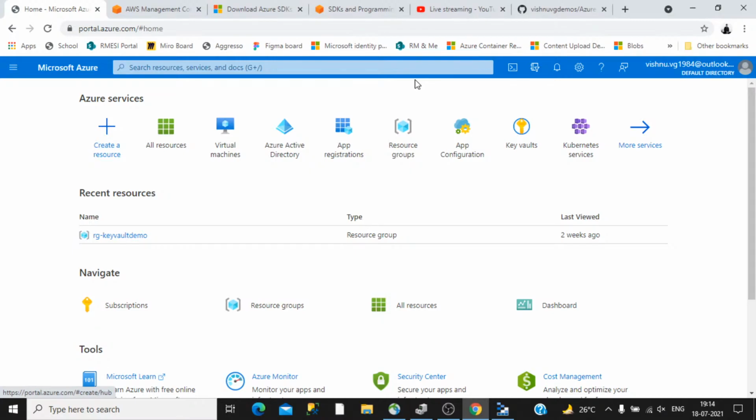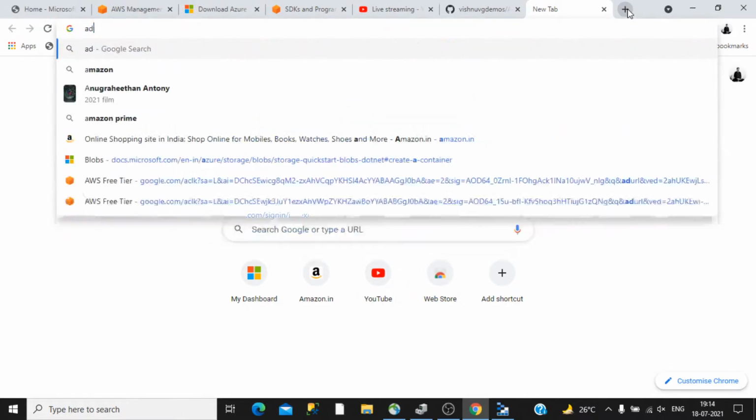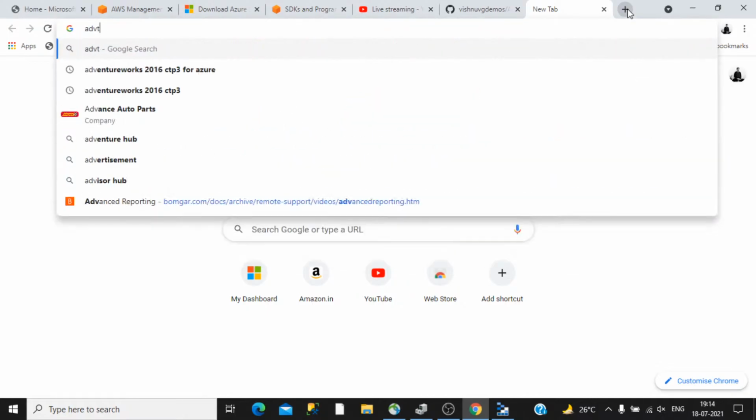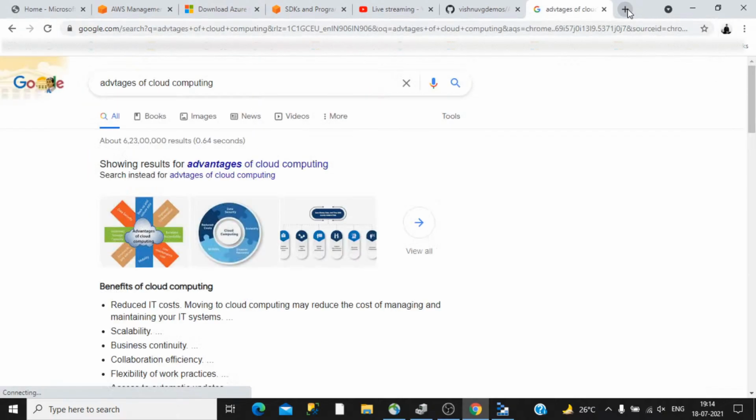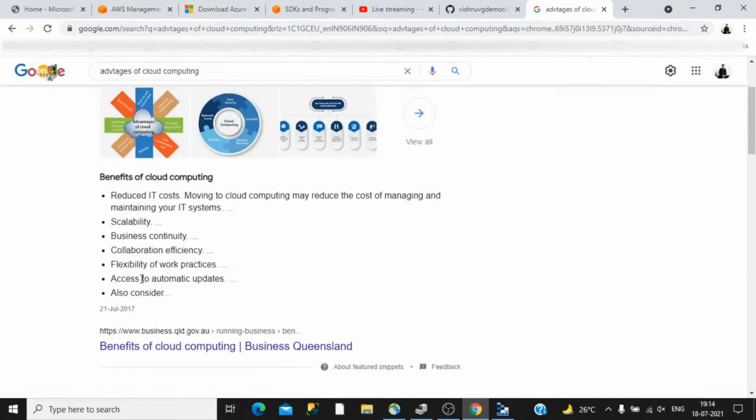We have seen some of the advantages of cloud. You can view a lot of advantages if you search in Google. Go to Google and search for the advantages of cloud computing, and it provides a lot of benefits. For example, if I search advantages of cloud computing, you can see a lot of benefits.